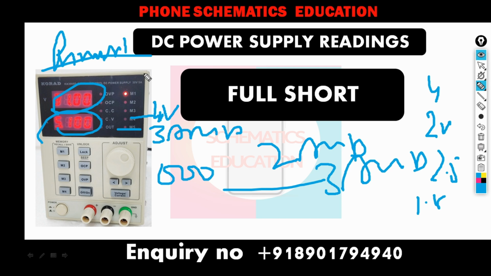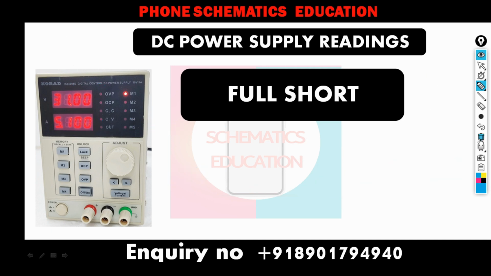It's a simple and easy fault. You can clear this fault in a simple way. Just apply the current like 4.2 volt and 5 amp and apply the rosin method. Whatever the part, it heats up. Try to feel with your fingers after you apply the rosin on which section there is heat, and you can find which component is faulty. So you can replace it, and your problem is resolved. Clear? Now next,